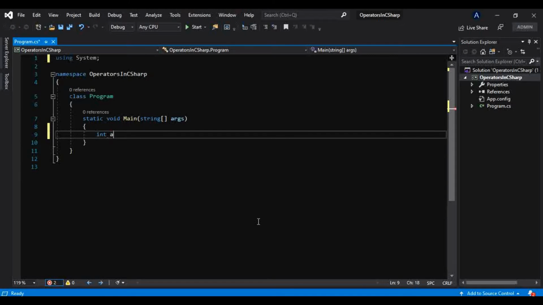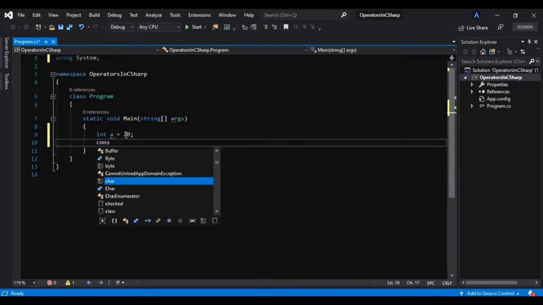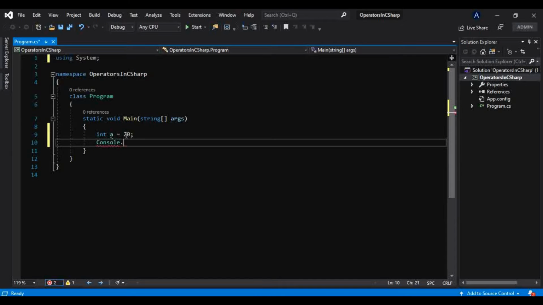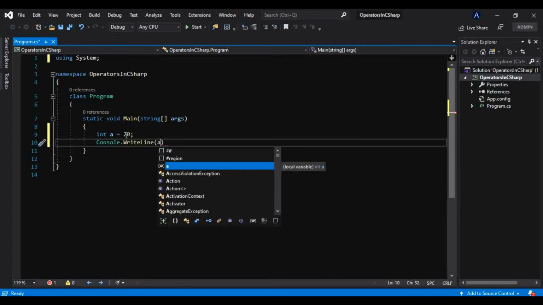Let's say this is one variable of type integer and we are using this equal to operator. This is one assignment operator, the equal to operator, and I store 20 in it. Let's just print that number to the console to see if it is really getting stored into that variable or not.